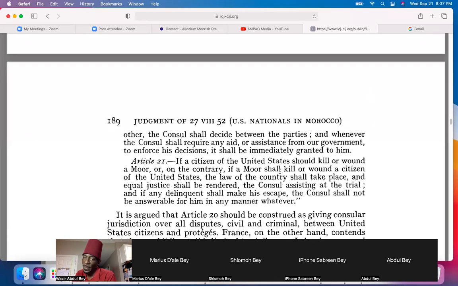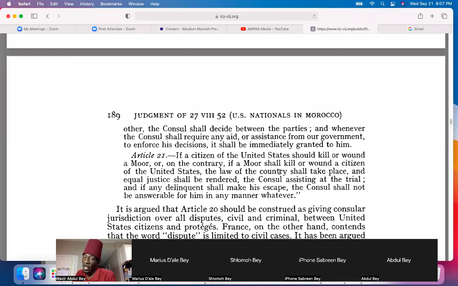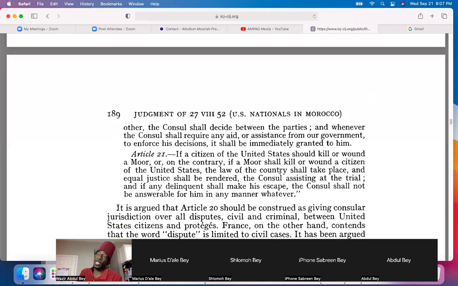Right? And then Article 21. If a citizen of the United States, now this case is res judicata, right? And it was adjudicated by highly competent judges. The highest, tell me a higher judge than an ICJ judge, other than maybe an ICC judge, right? These are international judges. These aren't United States municipal law type judges.